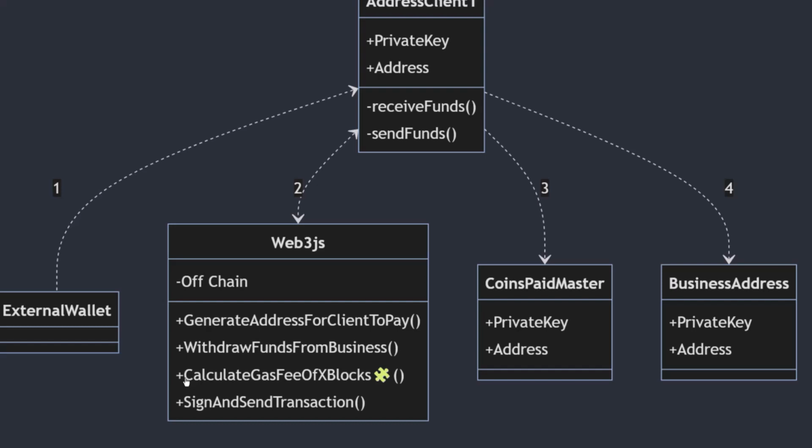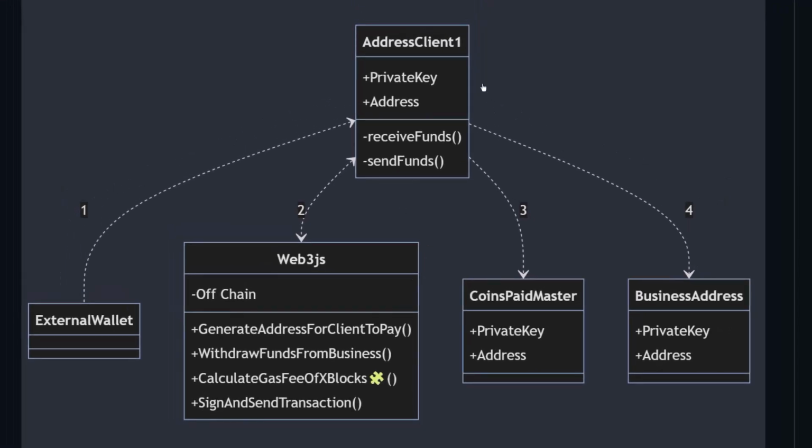And then it will return the minimum, the current, and the average base fee per gas to choose the best time to send the transactions. We will see this in the front end as well. And Web3.js finally can also sign and send the transactions when the client wants to withdraw. Web3.js will also manage all the pool of addresses to sign the transactions off-chain and then broadcast the transactions